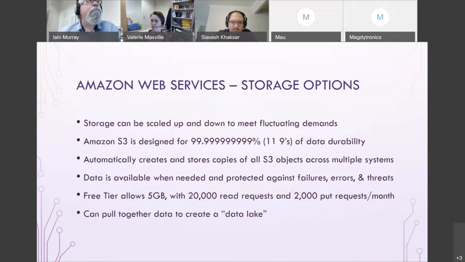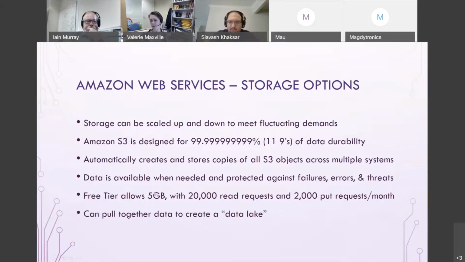So with Amazon, the S3 storage is for objects, so you can put files in there, but they also have a database option, a relational database, and you can put your data in there via SQL. There's also archival data that they make available, the Glacier. So there's a lot of different storage options, and it's worth working out how much data you